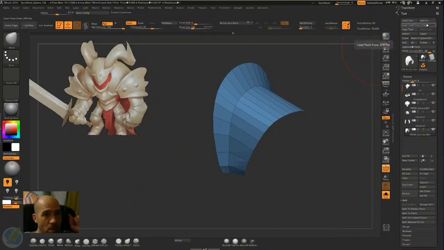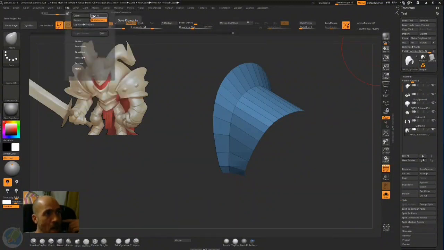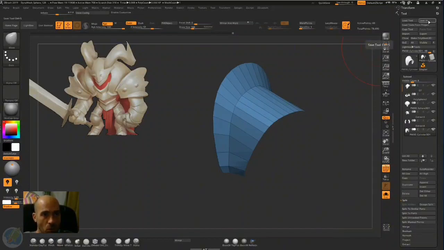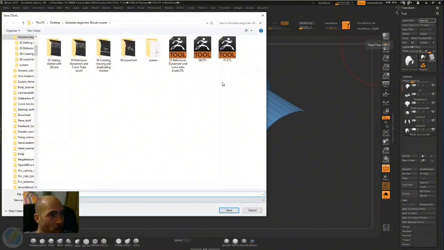By default, this shortcut is Control Shift S, I think, or something like this. But now I made this Control S because I save only Tool. Very rarely I save a project, which is saved from File here. So Tool, Save As, or Control S, and we save our tool as